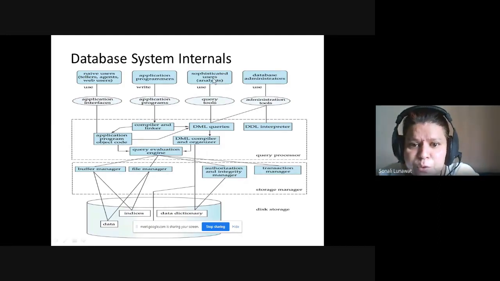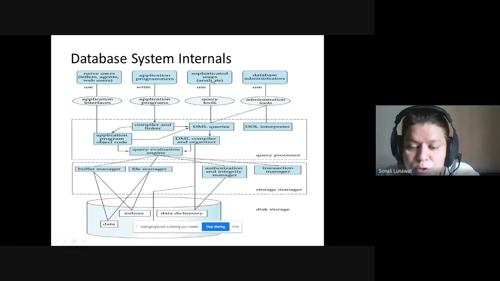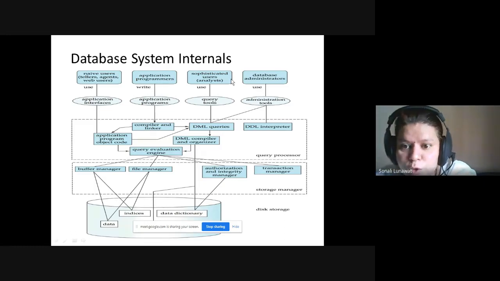Now sophisticated users are called database analysts, or they can be called database designers. These people write queries using different types of query tools. We are going to learn this in practicals. So henceforth, we will be working as sophisticated users, or acting as an analyst, or as a database administrator, because we are not going to connect a client and server application. We are working on the server itself. So we are the admin of our database system, and we are going to work at the sophisticated user and database administrator level.